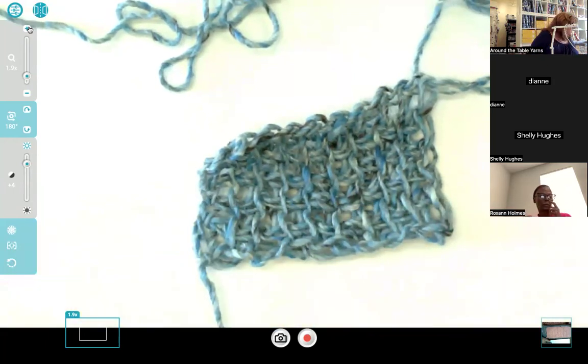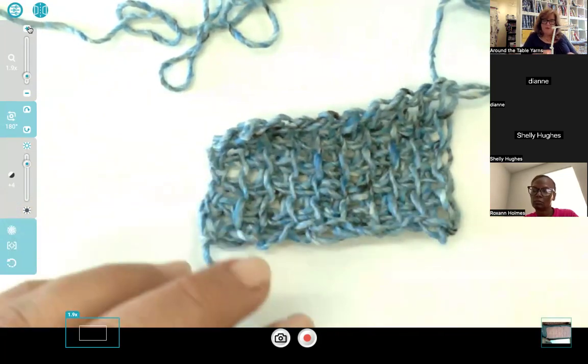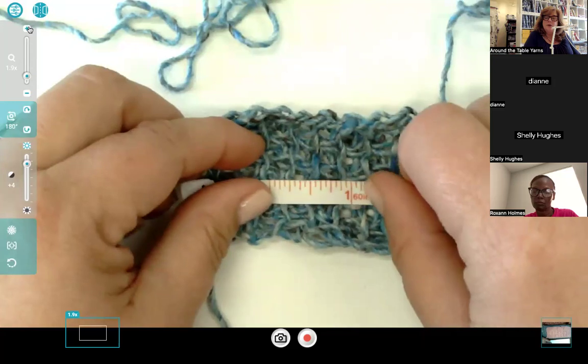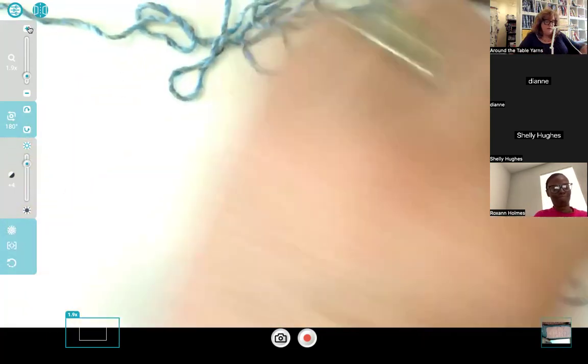And our gauge wants us to have 3.75. If you took the 15 stitches and divided it by 4 inches, it's 3.75. So I need more stitches. I'm only getting 3. I need closer to 4 stitches in an inch. And in order to get more stitches in that inch, my stitches need to be smaller. Okay, so if I went down a hook size,